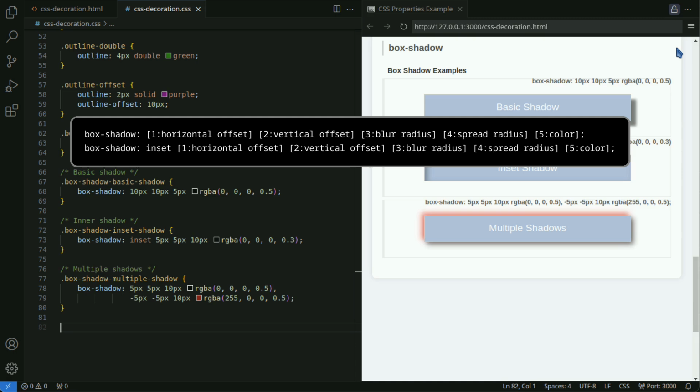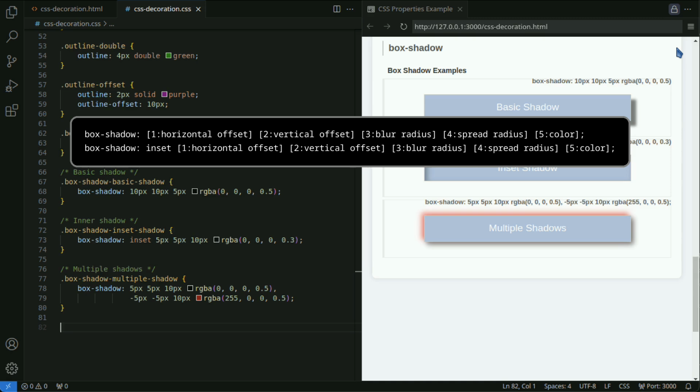The third, blur radius, is the value for the amount of blur, specifying the blurriness of the shadow. The larger the value, the more the shadow spreads, resulting in a more blurred shadow. This is optional, and the default is 0, meaning no blur on the shadow. The fourth, spread radius, is the spreading range value, specifying how much the shadow spreads. Specifying a positive value will make the shadow grow larger, while a negative value will make it shrink. This value is also optional.